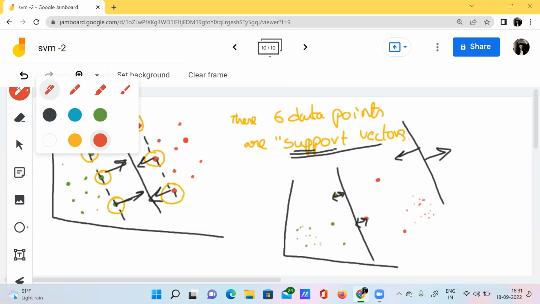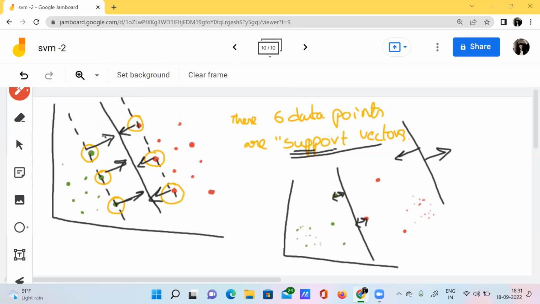See here, I am changing the location of this particular point. For example, I want to place this data point here, instead of its earlier location. Then what happens? Does this data point's location impact my hyperplane?